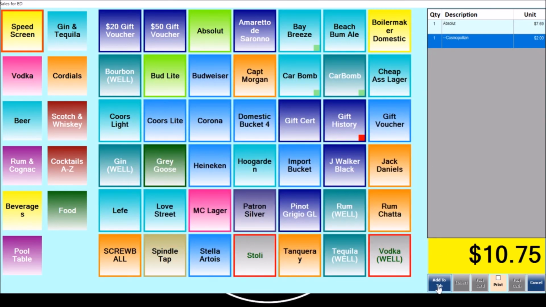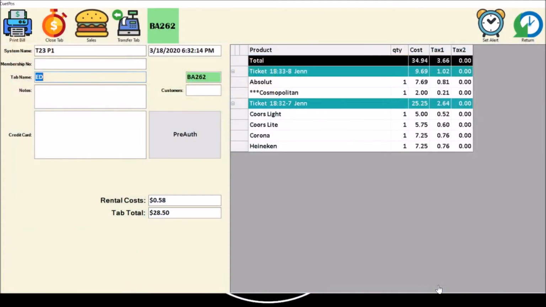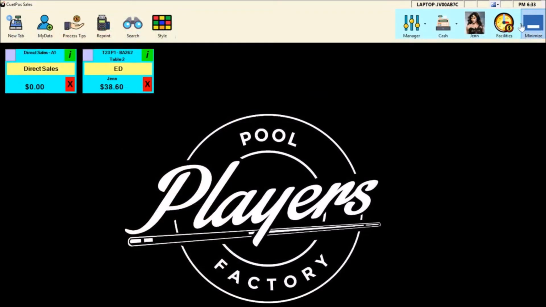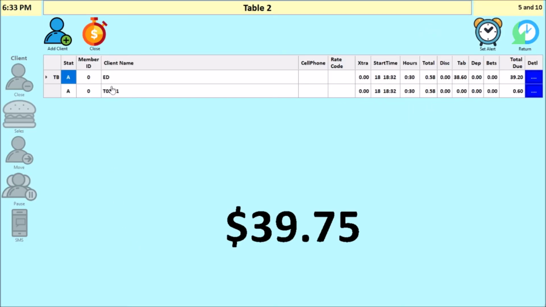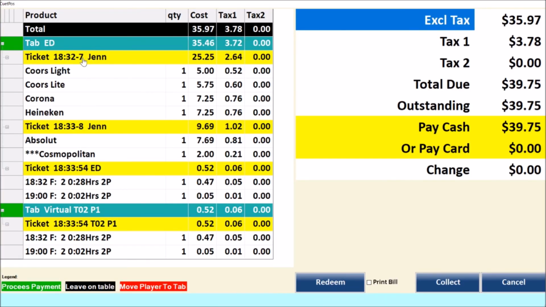We're going to click the add to tab again down in the lower right hand corner, and you'll see that a separate ticket was indeed created. If we hit the clock with the $ sign, it's going to take us back to the rental screen, and we'll see that the time has been a minute and around 12 seconds, and that there's 2 players, and right now they owe $39.75. So we're going to go ahead and hit the red stopwatch, and then we can review the